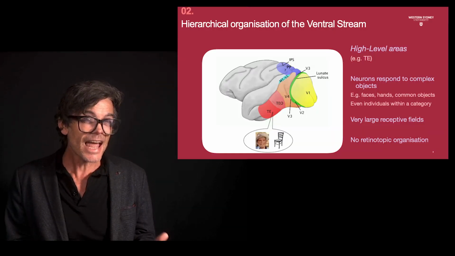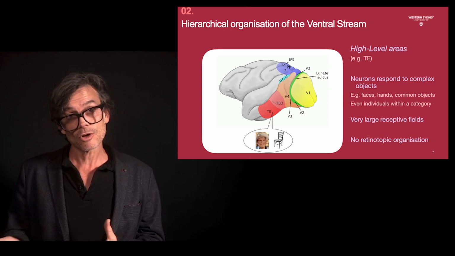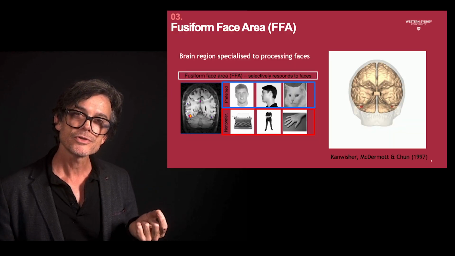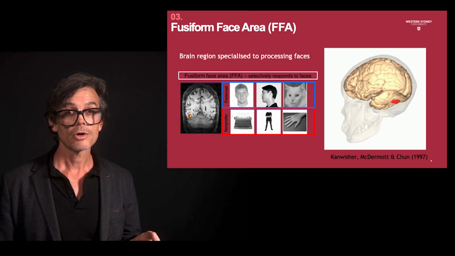As we reach what are thought of as the highest stages of the ventral stream, neurons become selective to very specific object categories, including common inanimate objects and animate objects such as faces and bodies. So important are faces to us that the human brain actually possesses a specific area whose neural responses appear to be dedicated to the processing of face stimuli. This brain region is known as the fusiform face area, or FFA.